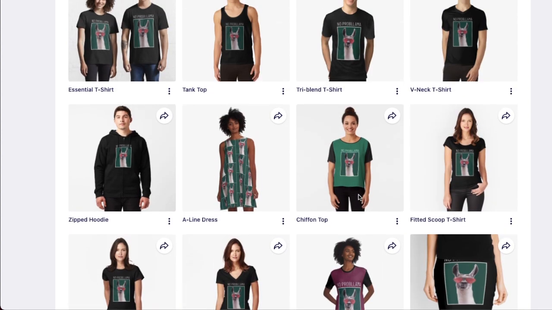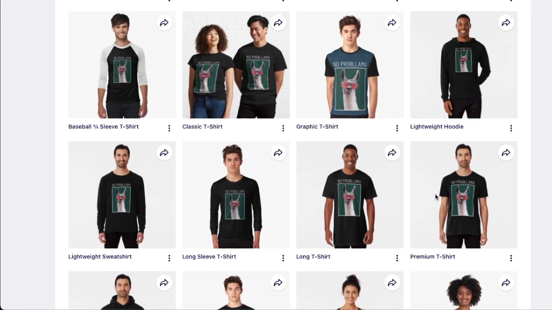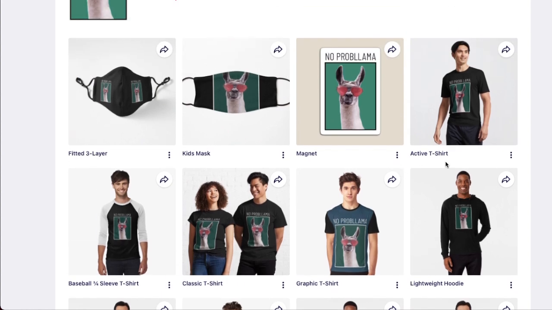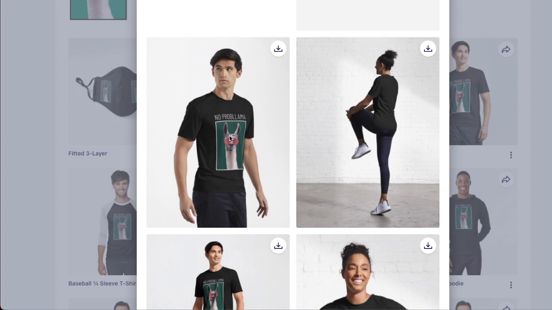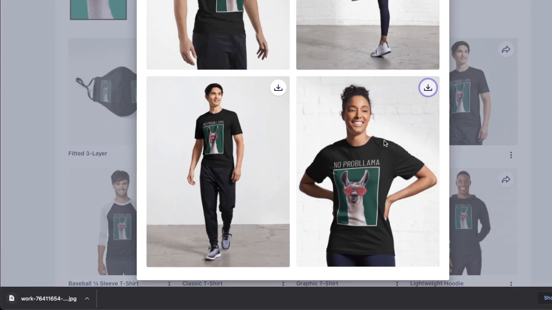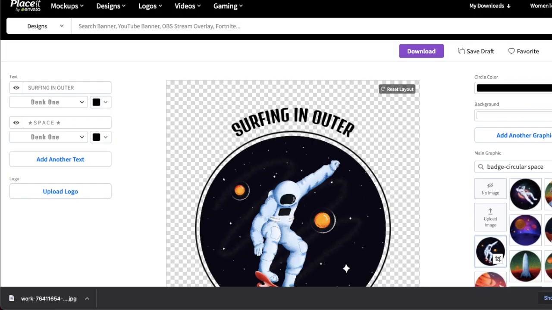So I want to choose one of the women of the no problema for Pinterest, or one of the men, you don't have to be racist. Let's choose my active man and download images and see what image I want to download. This one is cool because I need one that is a bit more vertical. I really do love her. And I'm going to use her for Pinterest because I'm going to go back to Placeit